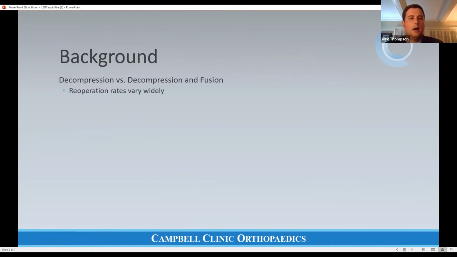So some background, the treatment of lumbar facet cysts has been hotly debated over the last couple decades. Some authors advocate for pure decompression using microsurgical techniques, while others advocate for decompression and fusion, concerned about reoperation rates. Those reoperation rates have varied from anywhere from 0% with decompression fusion all the way up to 15 to